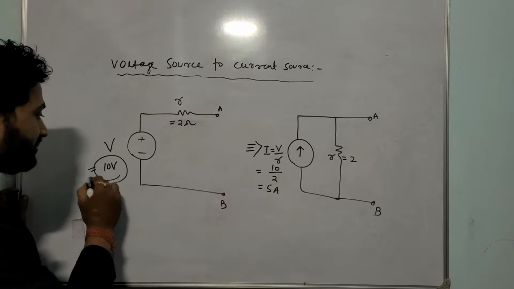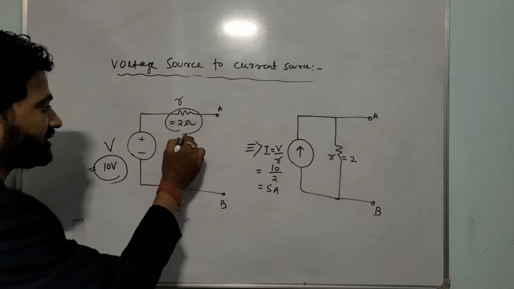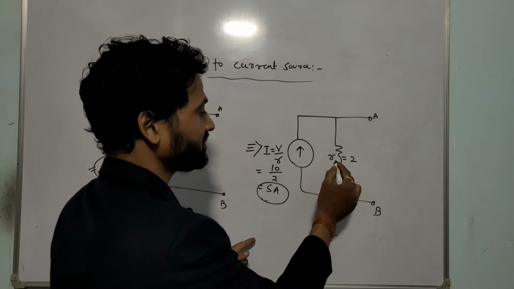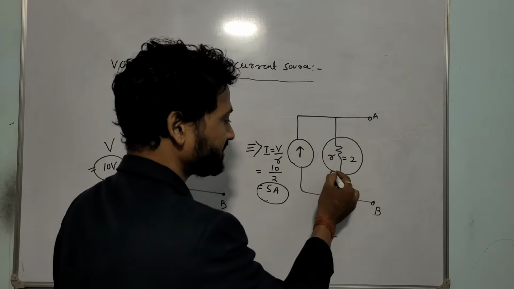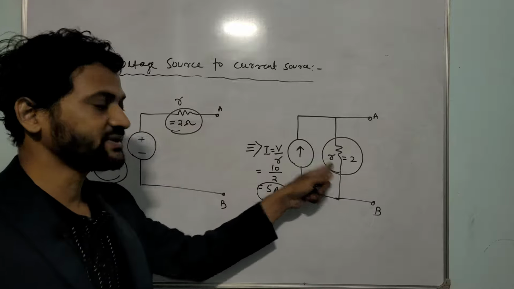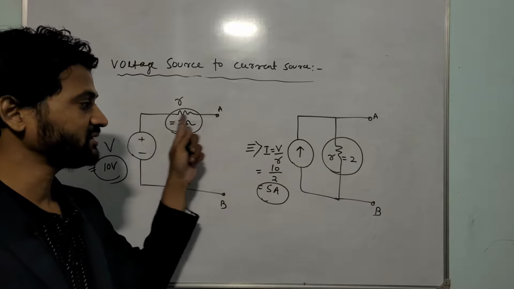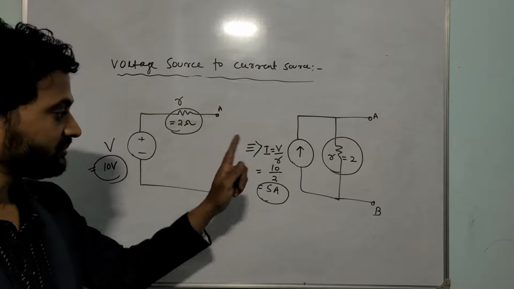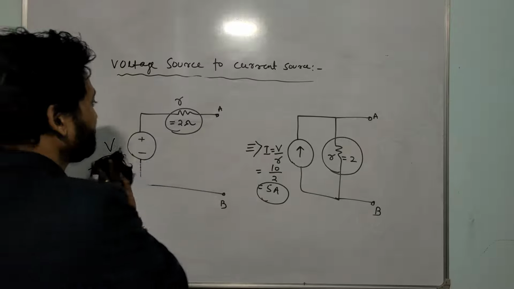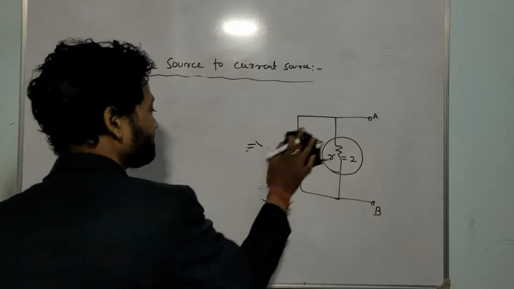इसका मतलब क्या है देखो पहले. मतलब 10 volt of voltage source with internal resistance 2 ohm is equivalent to 5 ampere of current source with internal resistance 2 ohm. देखो, internal resistance will be the same, but here it is connected in series, whereas here it is connected in parallel. But the magnitude of current source will be voltage upon resistance, ठीक है।